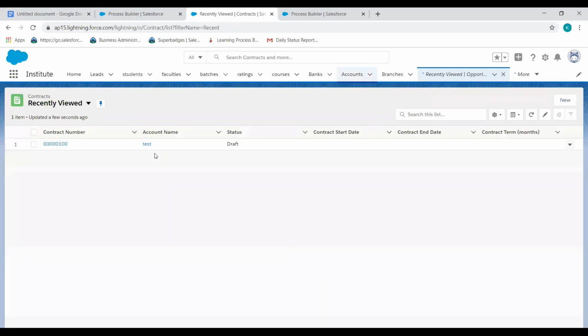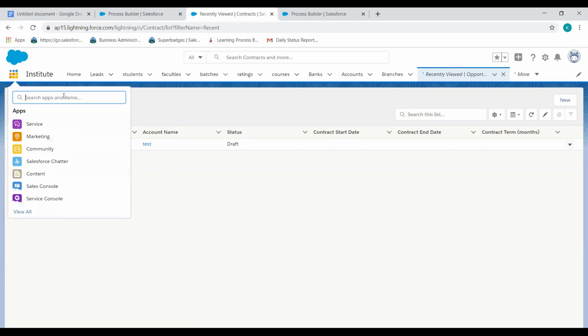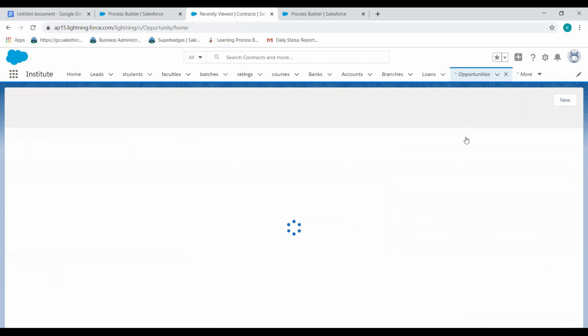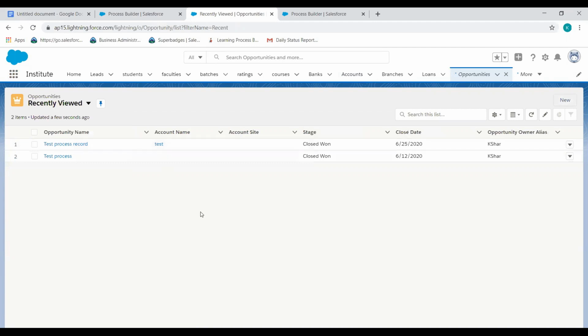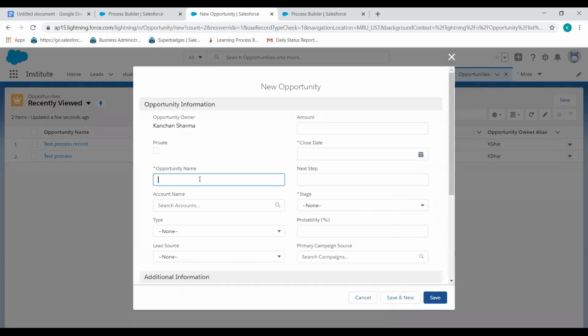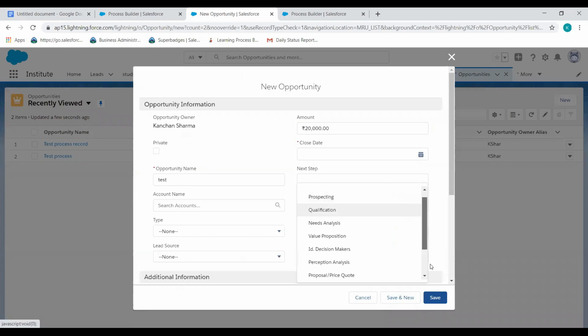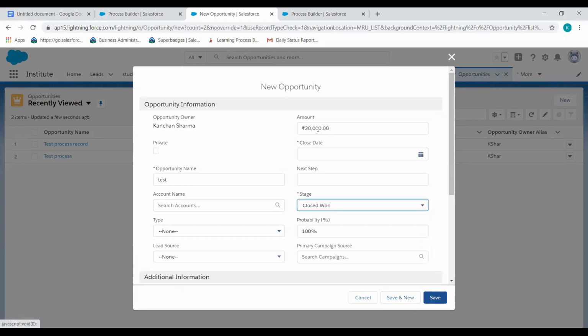Now if we go to opportunities and create a new one, and we put 20,000 here, and stage should be closed one. Now our criteria is different than the process.